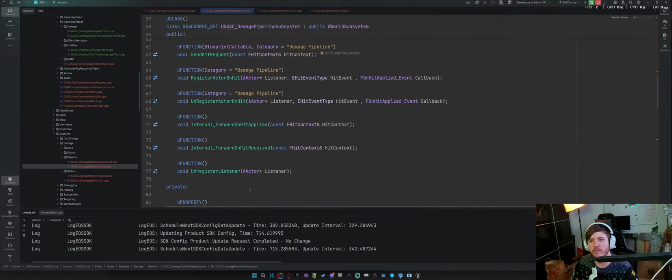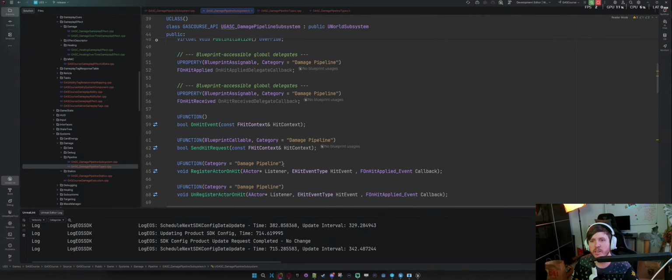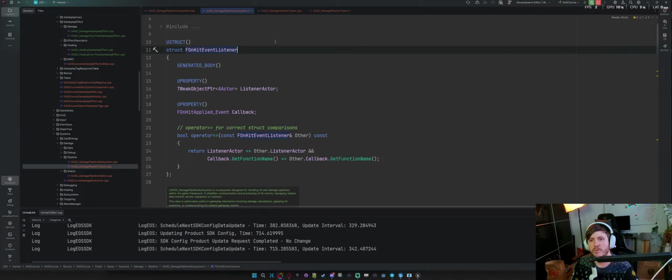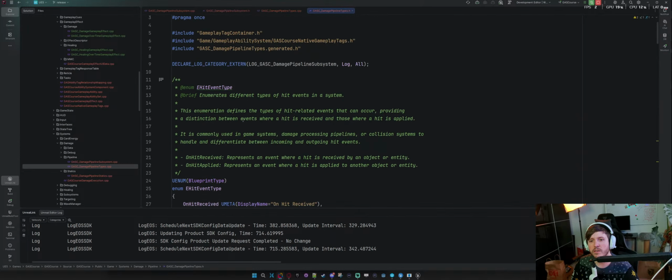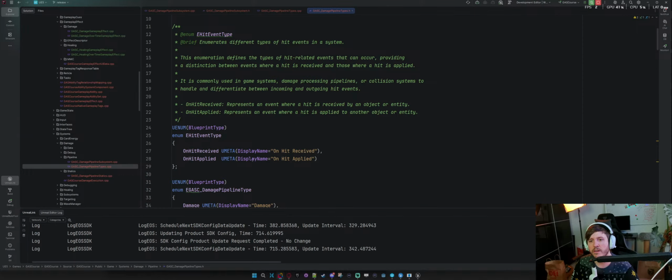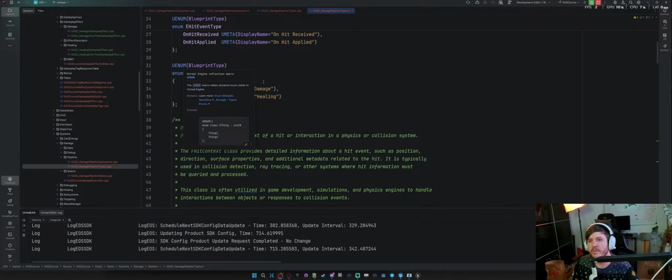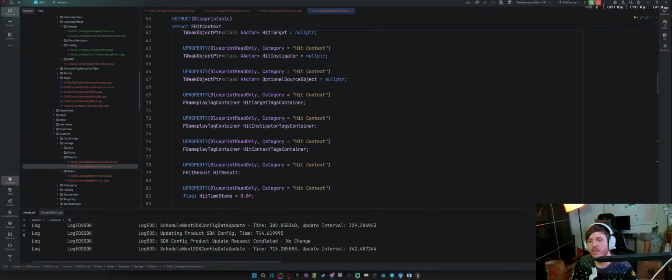So it should be able to go into the damage pipeline subsystem. So there's on event listener. So we're gonna have to do something similar. Because yeah, there's the types and on hit received and on applied. I don't know if I'll need to do that too.